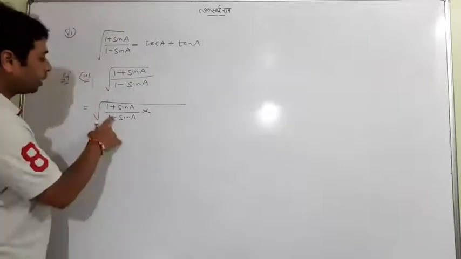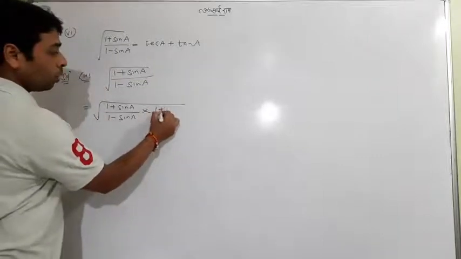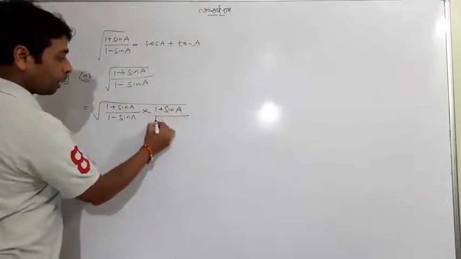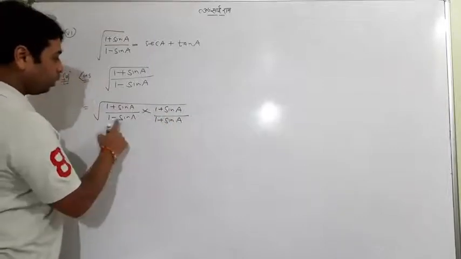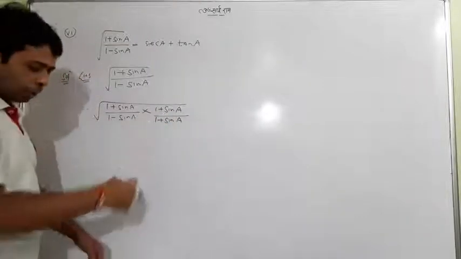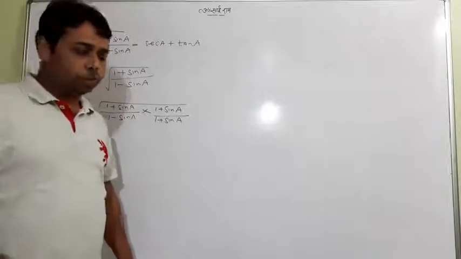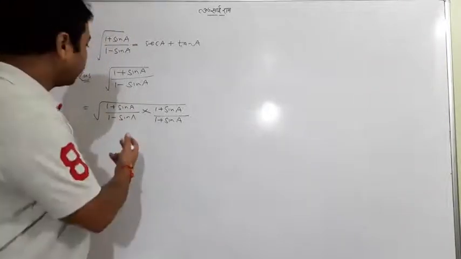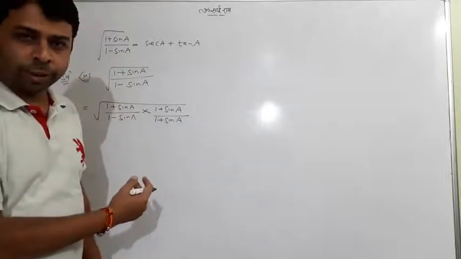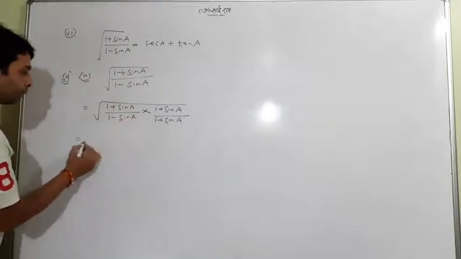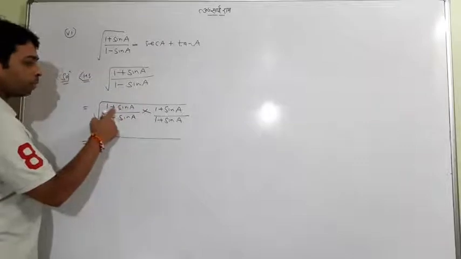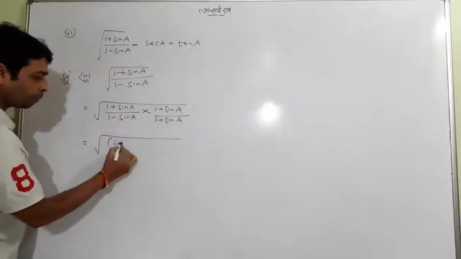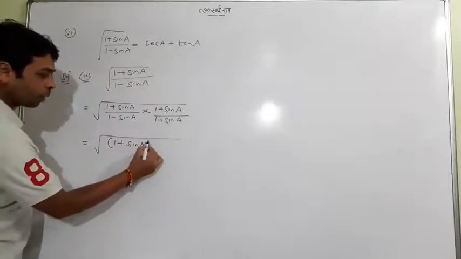And what is the method of rationalization? You know it. It is 1 minus sine, so we divide and multiply by 1 plus sine, the opposite sign. You know it is a minus, so it is a plus. It is a very general method while solving a fraction term in the square root; we call it rationalization of the denominator. So we do the same. What will we get on the numerator side? 1 plus sine a, 1 plus sine a, both are the same, so 1 plus sine a whole square.